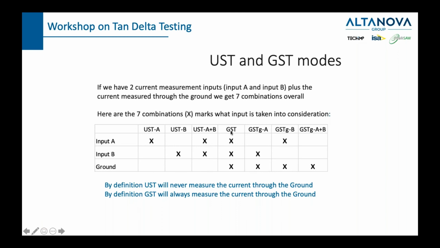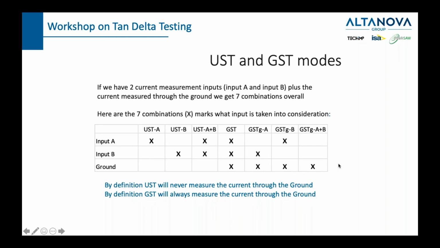Then we go to a GST. GST means measure all currents on input A, on input B, and on the ground. GST-GA, ground specimen test guard A, means measure all the currents, but avoid the current on input A. You see, we don't measure input A. GST-GB means measure all the currents, but the current on input B. As you can see, we don't measure the B. And GST-GA plus B means measure all the currents, but measure just the current in the ground. So we can say UST will never measure the current on the ground,